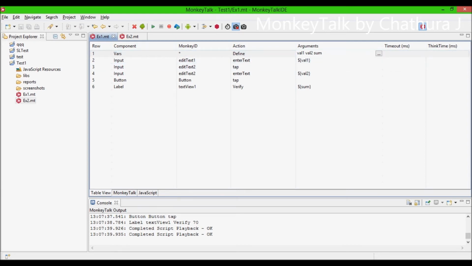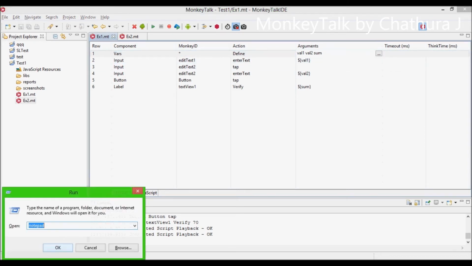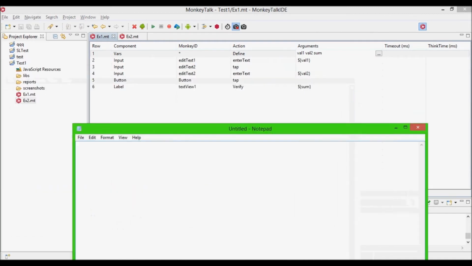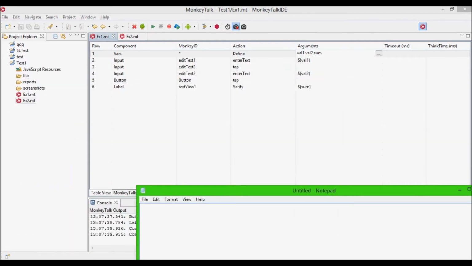Now what I'm going to do is create a small notepad and add some values. For this kind of data-driven testing, we need to have some kind of data test. So I'll say my val1, val2, and sum.